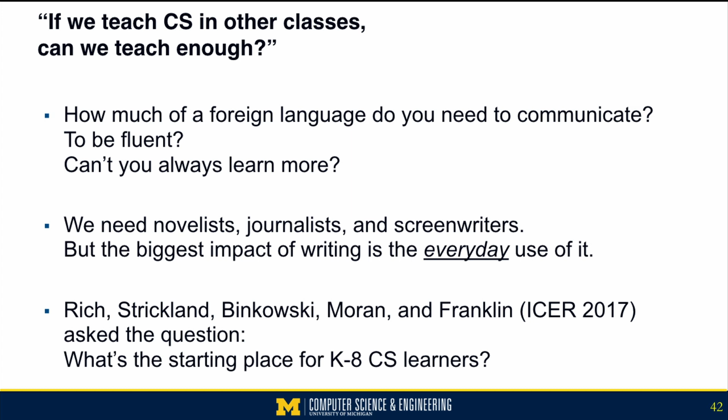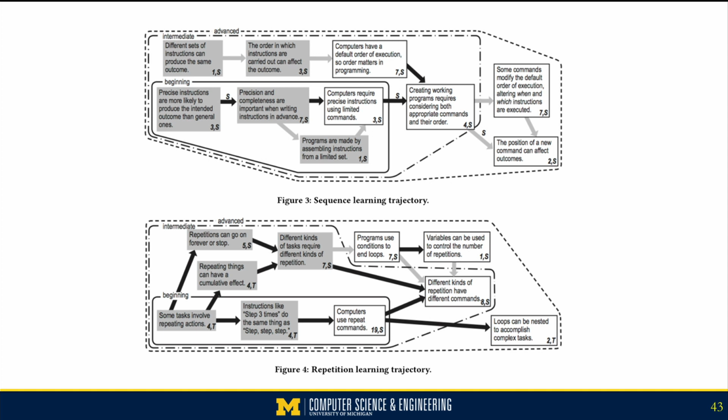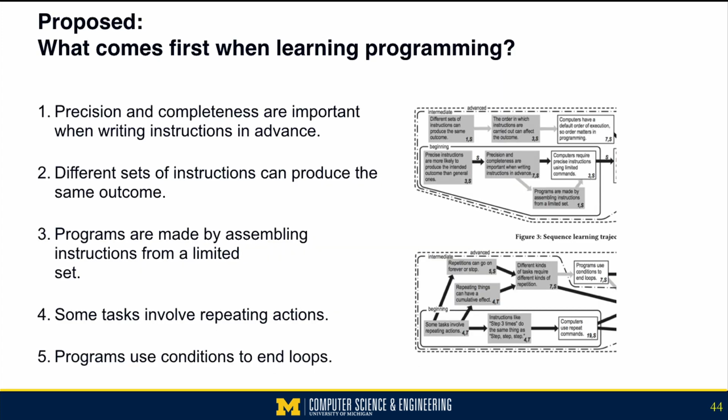And so they looked at the trajectory of ideas that students need in K through 8 to be able to learn ideas like the sequence of programming statements and how repetition is valuable. Let me zoom in on the left-hand side of each of these. And let me propose to you that while Katie Rich and Diana Franklin and their collaborators were trying to think about what we know from K through 8, from our empirical studies, from the research literature, about what it is that students need to learn when they're learning programming in K through 8, I think they're identifying things that everybody needs to learn when they're first learning programming.